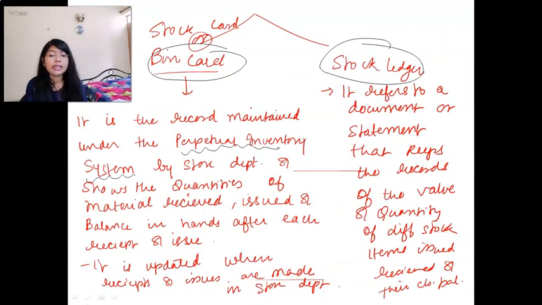So what does it say? It is a record maintained under the perpetual inventory system, which is maintained by the store department, and it will show the quantity of material received, the quantity you have purchased, how much you have issued to the production department, and how much balance you are left with after each receipt and issue. That is the bin card. So if I draw it like that,